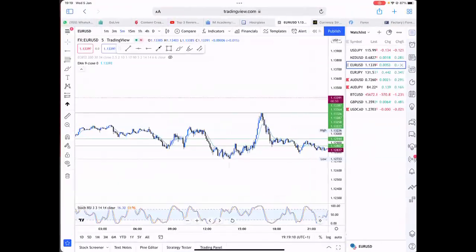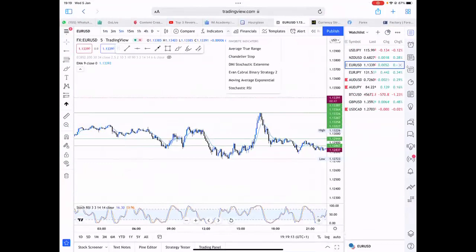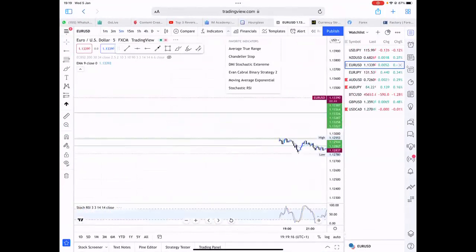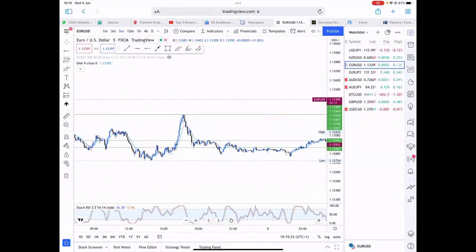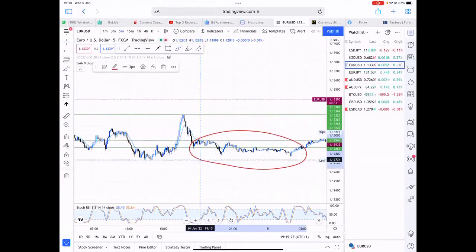Let me give you an indicator that helps you pick that. Like me, I don't trust myself to pick it. I use this indicator, average true range. Everybody write it down. Average true range. This is my secret tip. Like now, all of this time, look at this. All of this market now, all this time, I won't touch it at all.